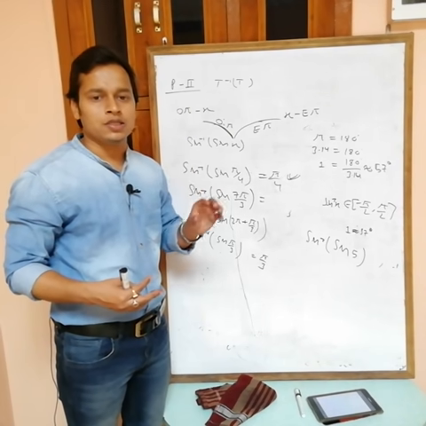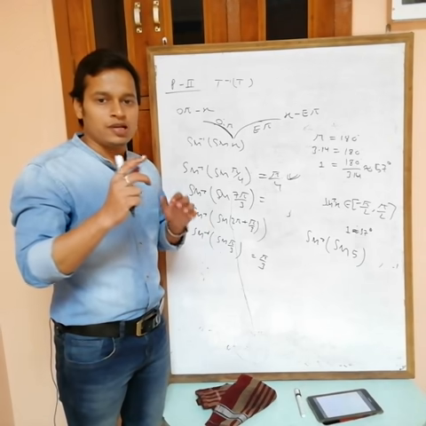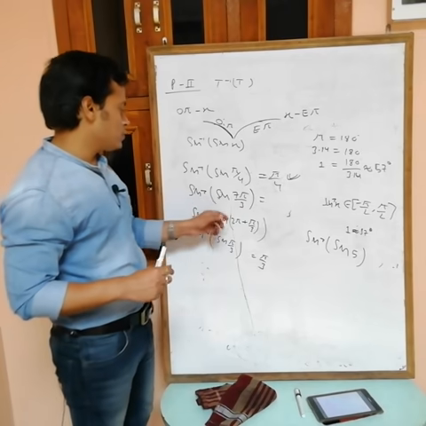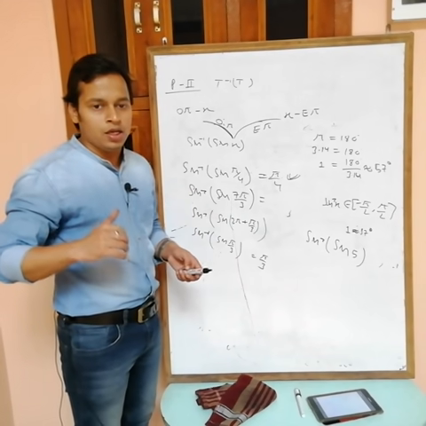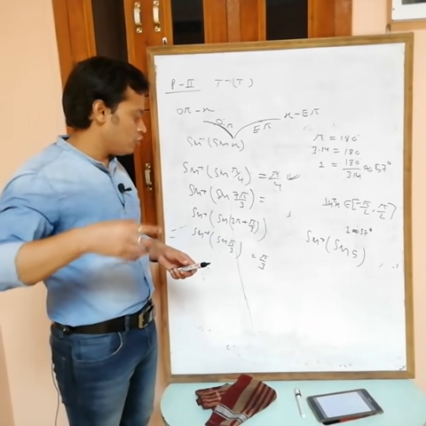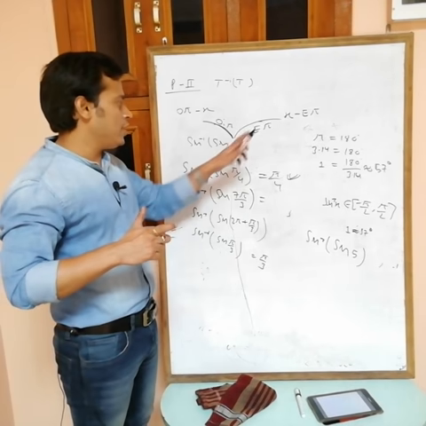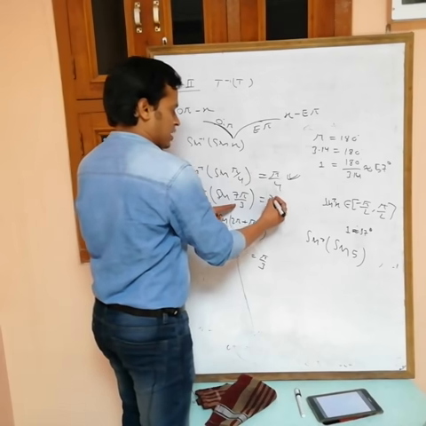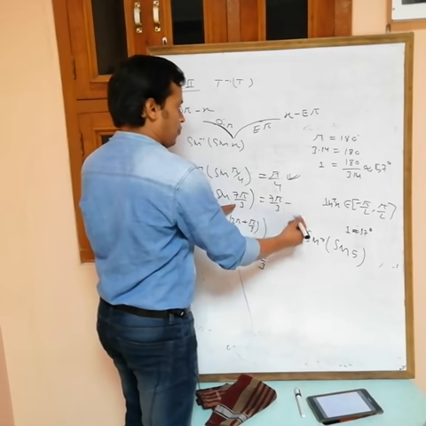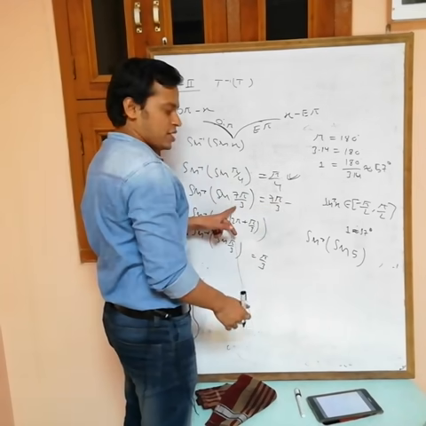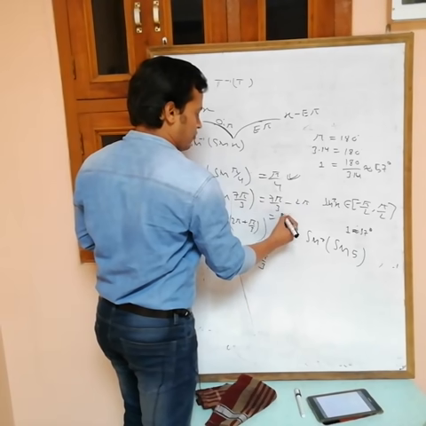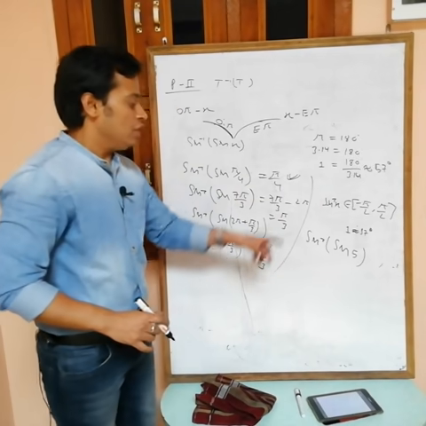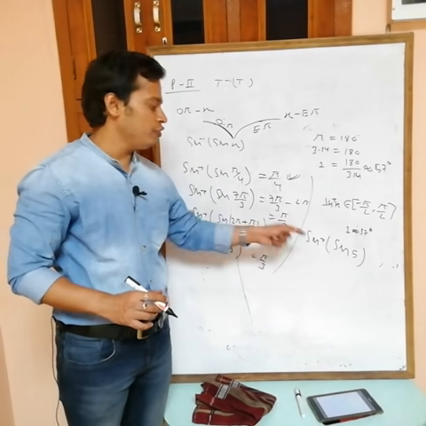Automatically you will get the correct answer in one line, and that answer always lies from minus pi by 2 to plus pi by 2, the range of sine inverse. For example, 7 pi by 3 is 2 pi plus pi by 3. It is near to 2 pi, and 2 pi is an even multiple of pi, so the answer is x, 7 pi by 3, minus that even pi, minus 2 pi. What we are getting is pi by 3, directly.